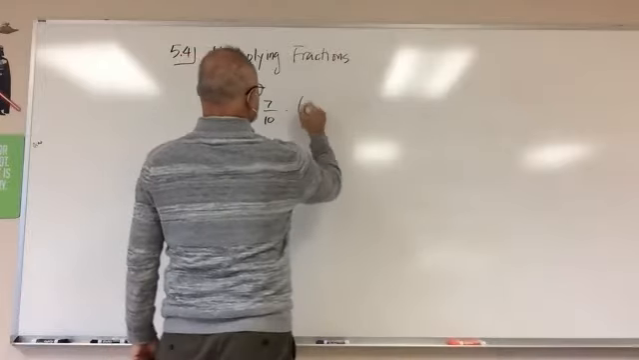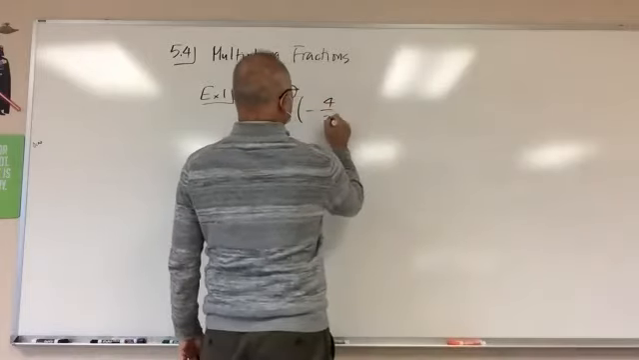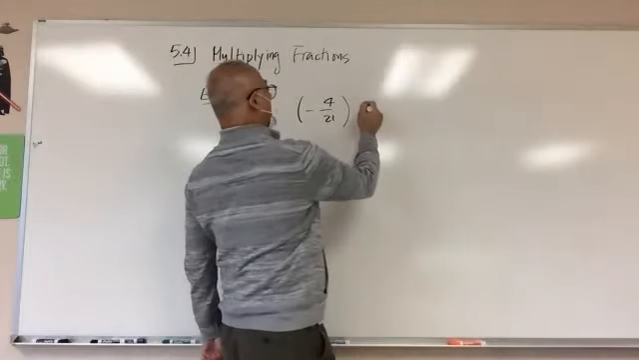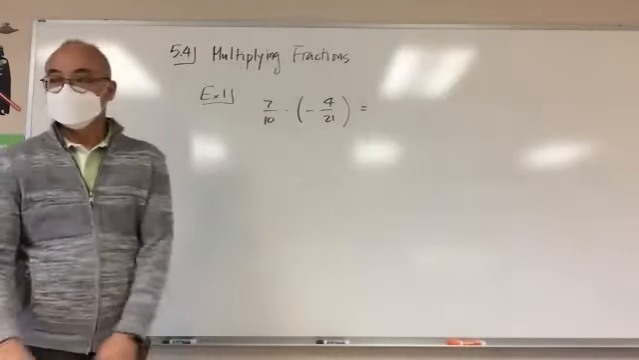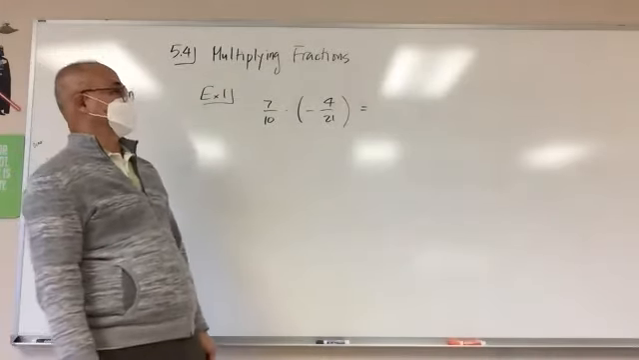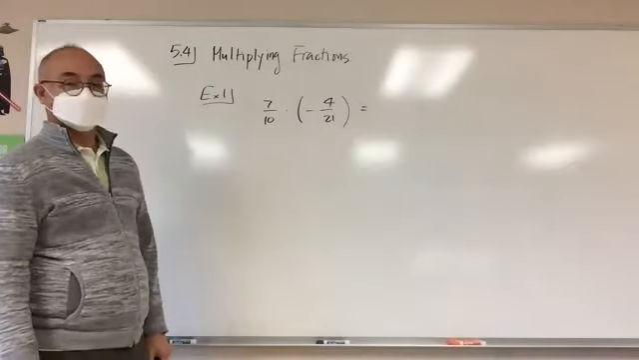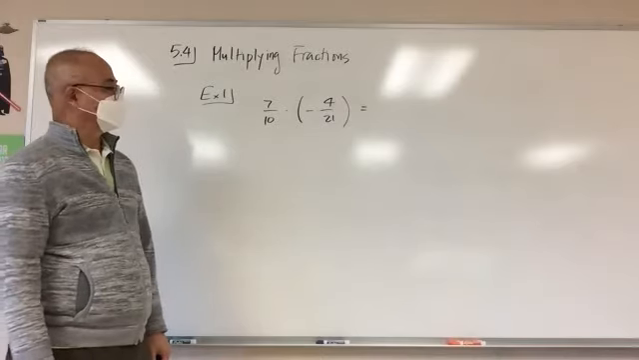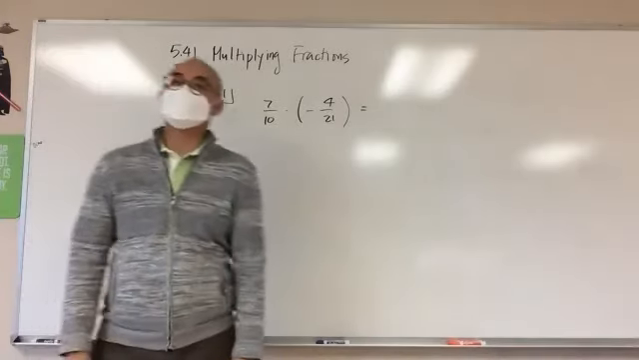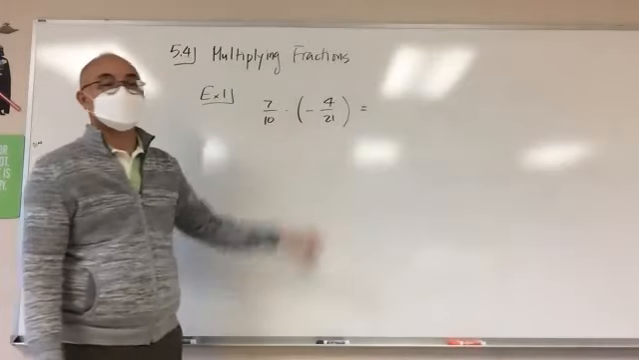We have 7/10 times negative 4 over 21. Okay, so how would I do this? Pastor, what do I do first? Put the negative sign on 4. Okay, so first of all, you want to determine whether it's a positive or negative number, right? Isn't that what you want to do? So I have a positive number times a negative number, so it's going to be a,